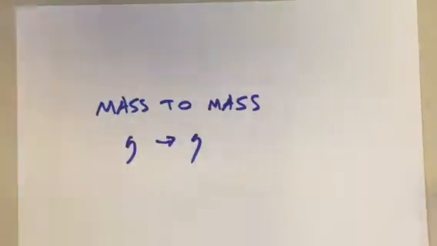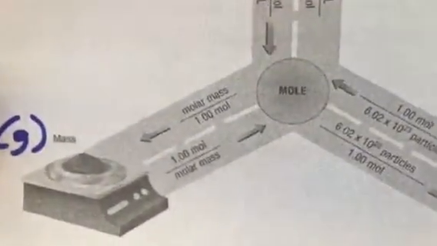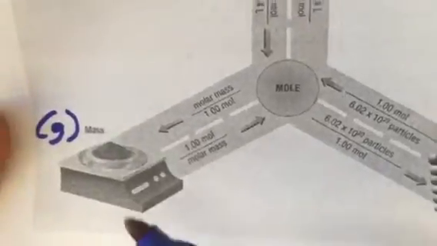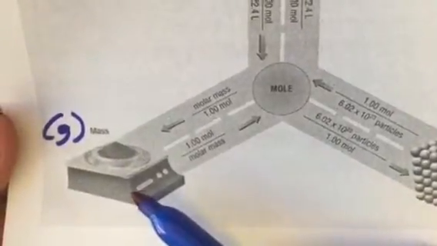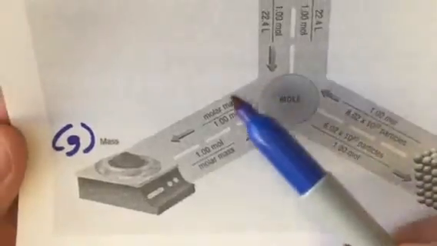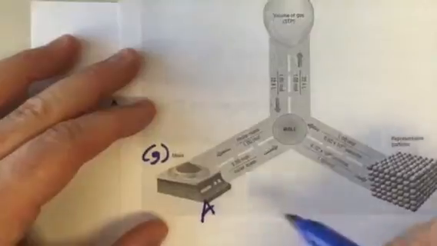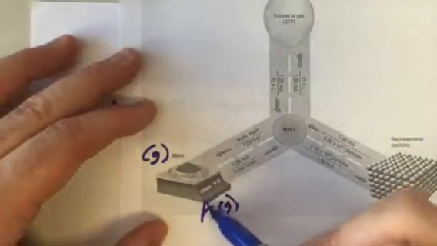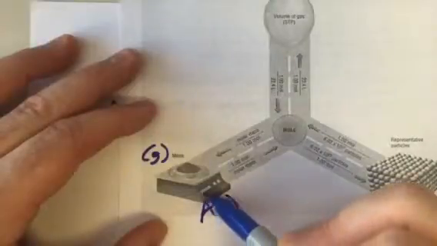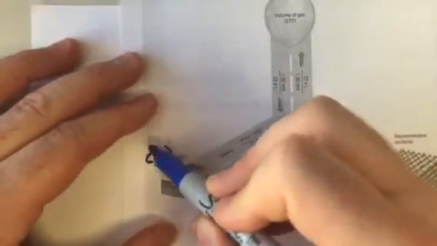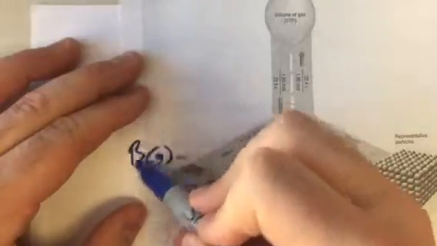If you're looking at MrWiedeman.com, Chapter 7 materials on the top, you have the flow chart again. We're examining this part of it. If you are going to start in mass of one substance, you can go completely to mass of another substance. So let's call this substance A in grams. Right now, when you're down here, you are in grams of substance A. In order to move all the way over into grams of substance B, well, you have to hit all these